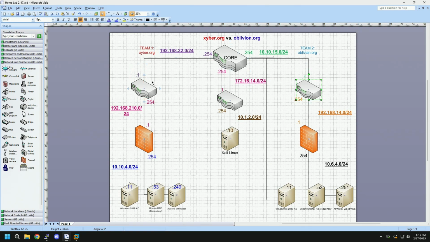So we already have a default gateway as 254 for Team 1. The core knows about 10.10.15. So we tell Team 1, we literally write this command, we add this route, and anything for the 10.10.15 network, I want you to send it through the 254. No, not even send it through. Send it to 254. The core takes it, sees the packet, sees the ping, sees where it's trying to go,